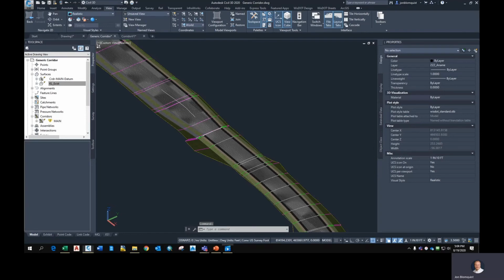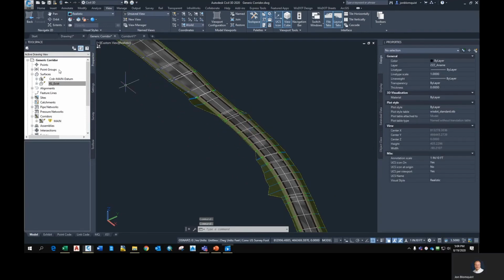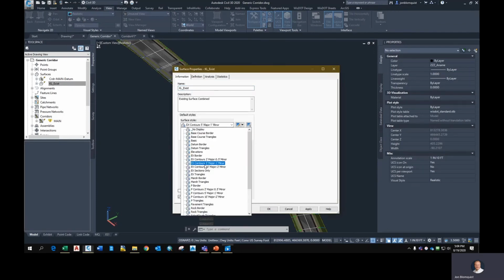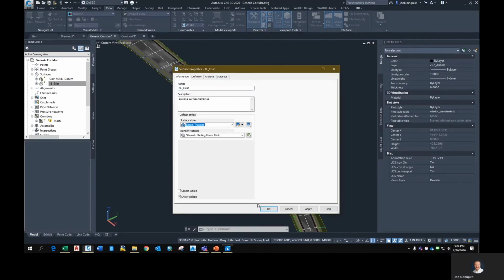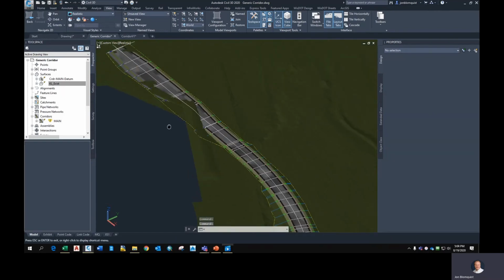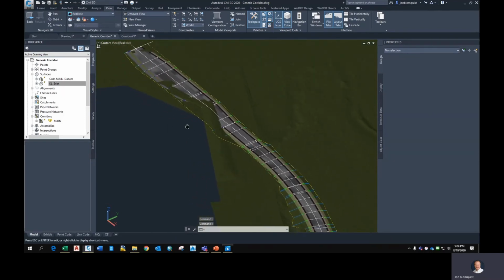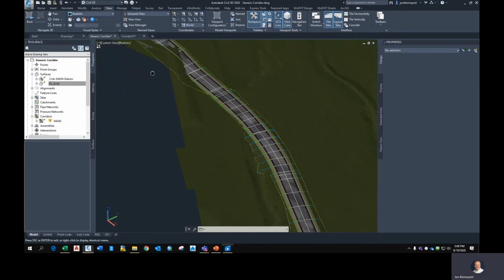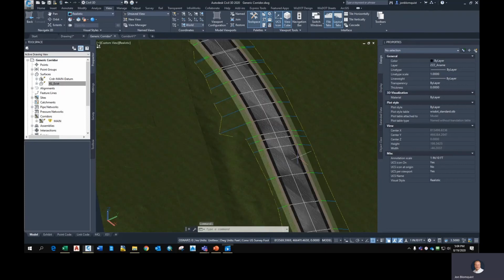The way it is now, it'll look fine within the surfaces of the corridor in areas where we're filled, because it'll go over the top of the existing ground. In the other areas, the surface will overwrite over the top, as you can see there. In the cut, the surface overrides, but otherwise you can see what we have here in the fill